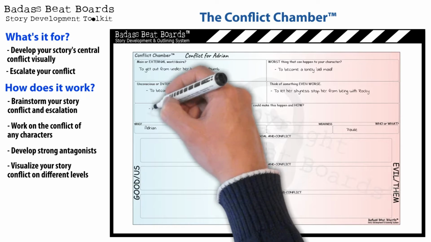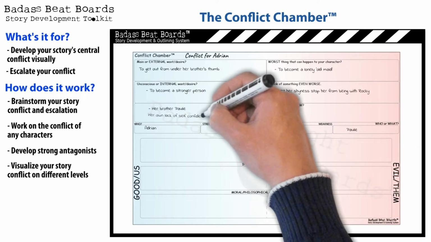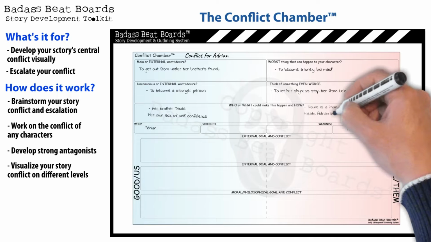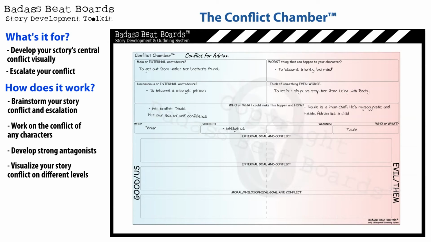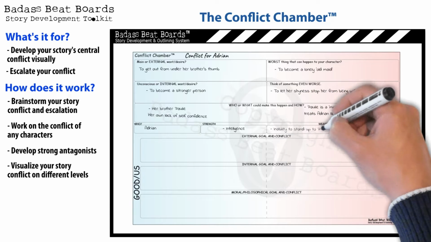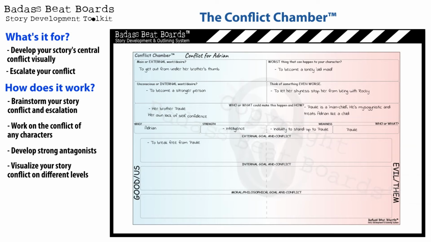As you can see, using the Conflict Chamber Guide is simply a matter of filling in the information you already know, and then working your way through the rest of the boxes. In the example, we're using Adrian and Polly as conflicting characters. We entered their external and internal wants, their strengths and weaknesses, and we're left with a pretty good outline of